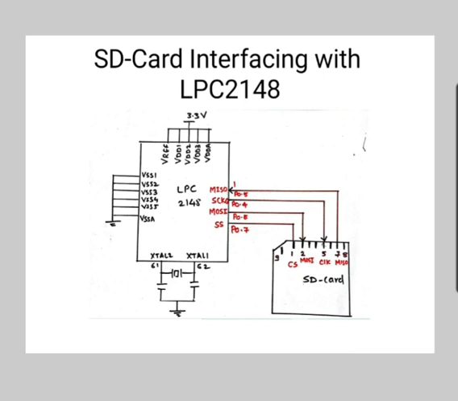In Serial Peripheral Interface, that is SPI mode, we can use the following signals of the host. One is CS, that is the host to card chip select signal. Clock, that is the host to card clock signal. Next MOSI, that is master out slave in, the host to card single bit data signal. MISO, that is master in slave out, the card to host single bit data signal.